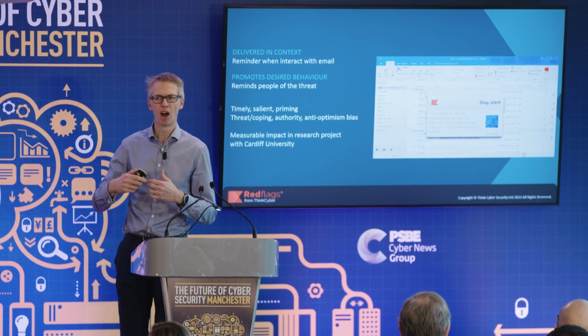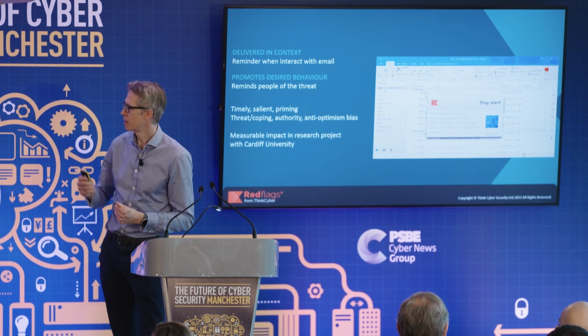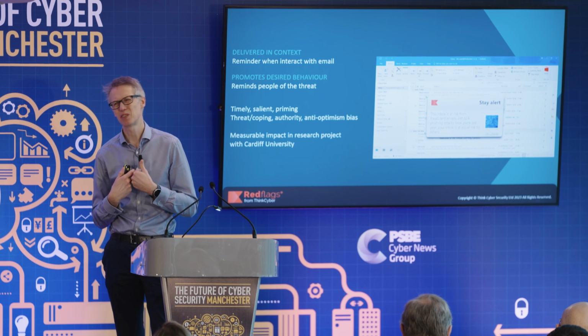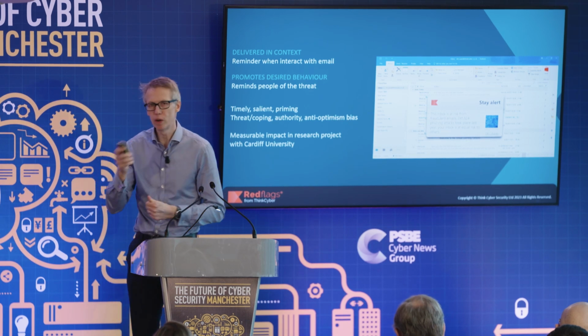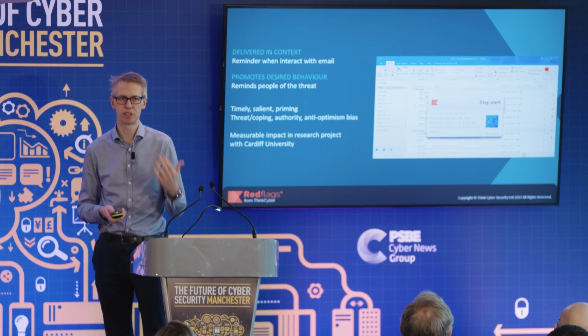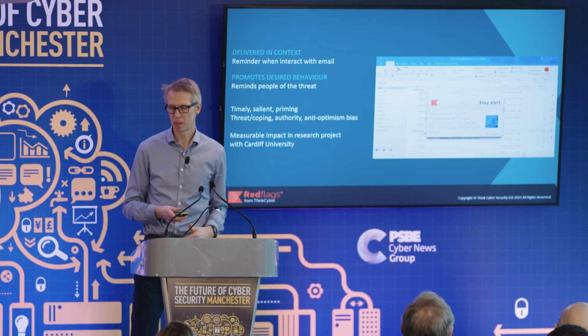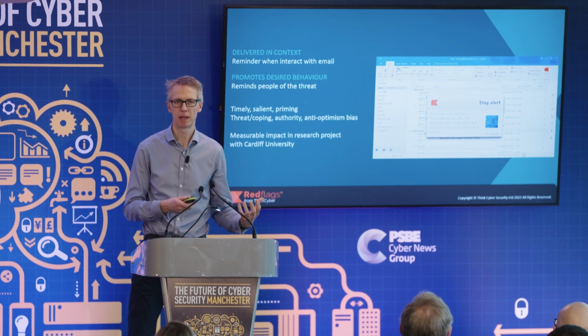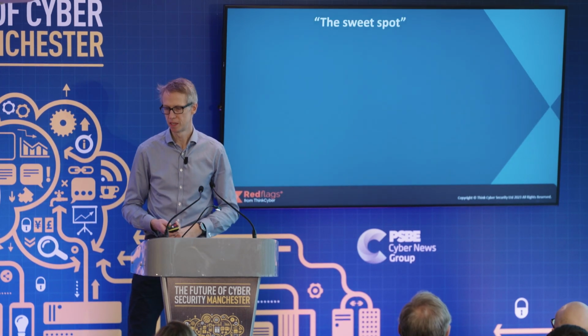So the first bit is highlighting threat. The last phrase is meant to counter their optimism bias, this idea that everyone thinks, well, it's not going to happen to me, so highlighting, your inbox is at equal risk to others. Very subtle. You don't do this all the time. You just do this once, maybe once a month. Or if you're running a behavioural campaign, you might start with a bit of content explaining it, then you might do a nudge like this.